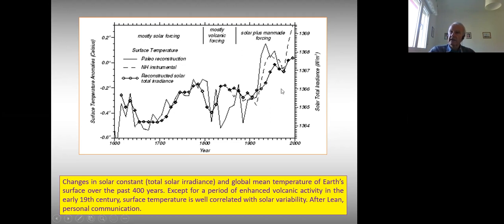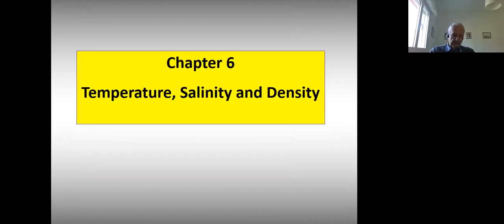This is the strong volcanic forcing. And if we have the solar plus man-made forcing, you can see that the global sea surface temperature increases, because on one hand we have an increase of solar activity, which comes after this intense volcanic forcing. But at the same time, we have a man-made forcing in the atmosphere, which then causes the sea surface temperature to increase. This is the development of the sea surface temperature in the last 400 years. Okay, so now we can